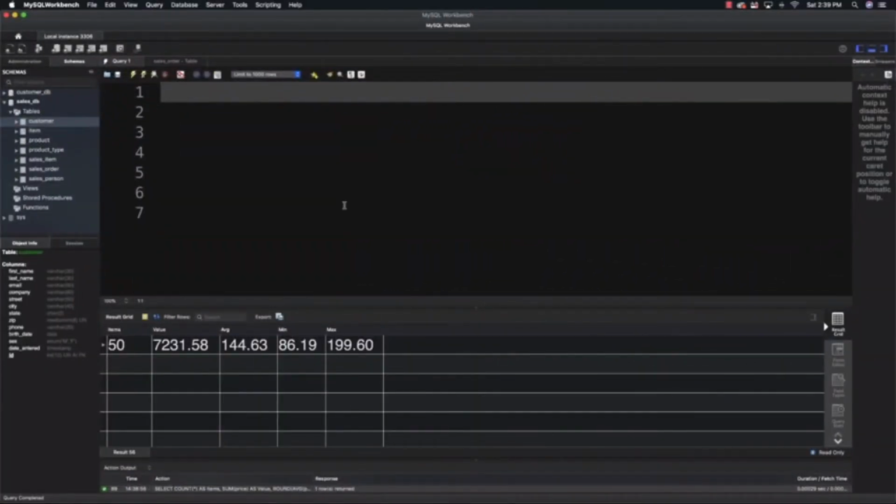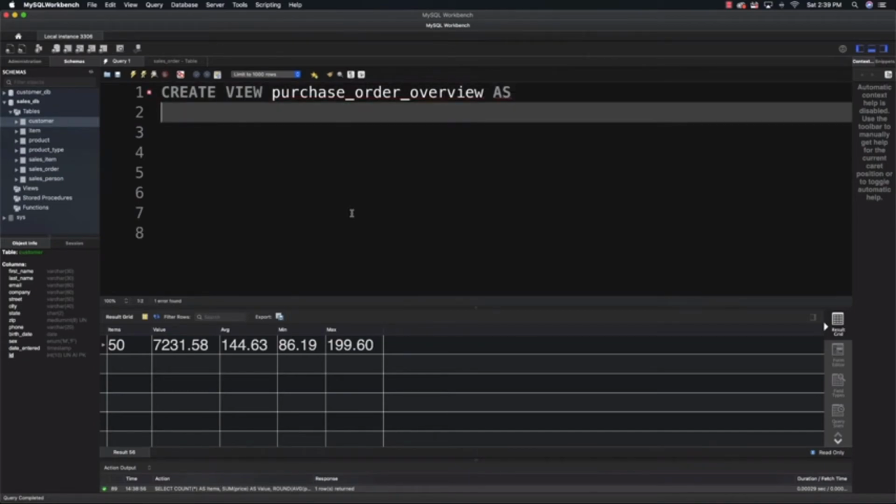And now I want to talk about working with views. All right, so views are select statements whose results are going to be stored in your database. So what I want to do here to give you a real world type of example is create a view that contains our main purchase order information. I'm going to say create view purchase order overview, which is what I'm calling this view. Purchase order overview as, and then afterwards I'm going to put in a select